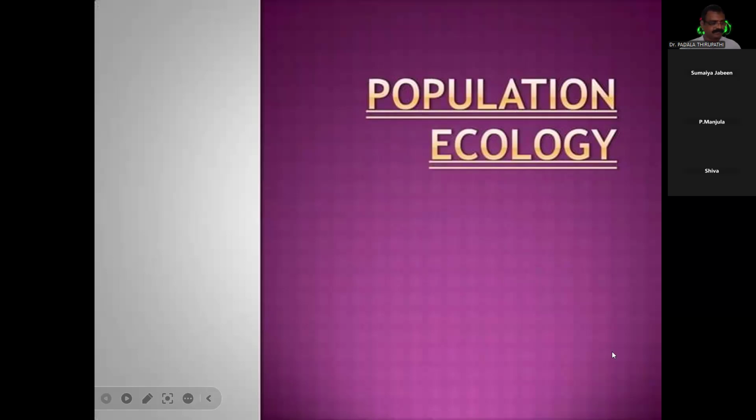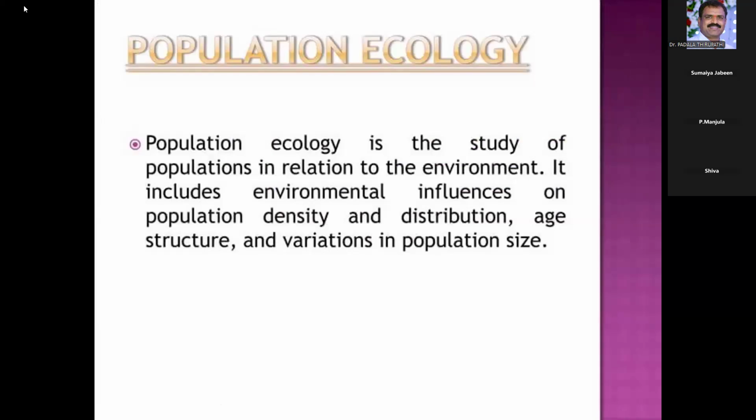Today's topic is population ecology and what are the characteristics of population ecology. We already discussed some of the characteristics of population ecology. Mainly, population ecology is the study of populations in relation to their environment. It includes environmental influences and the population density, distribution, age structure, and variation in population size. So here in population ecology, we are discussing the population density, how these populations are distributed in an area, and also the age structures of the populations